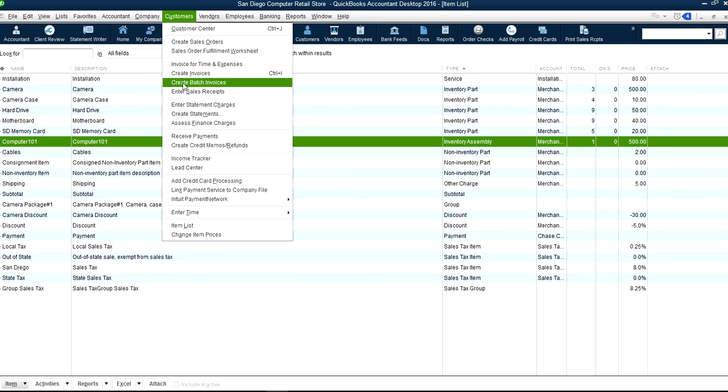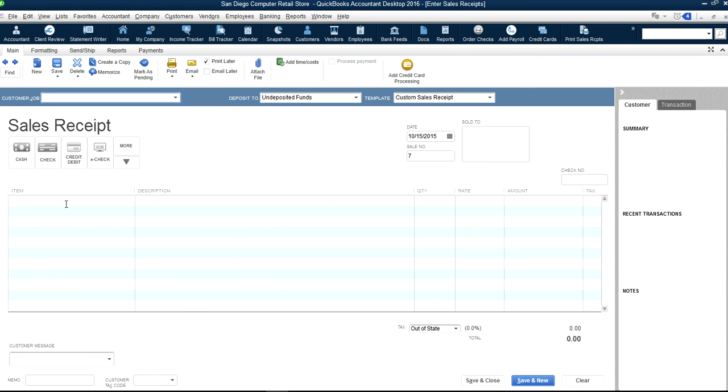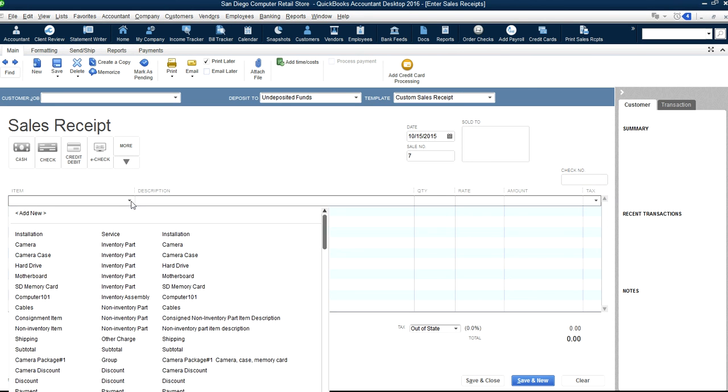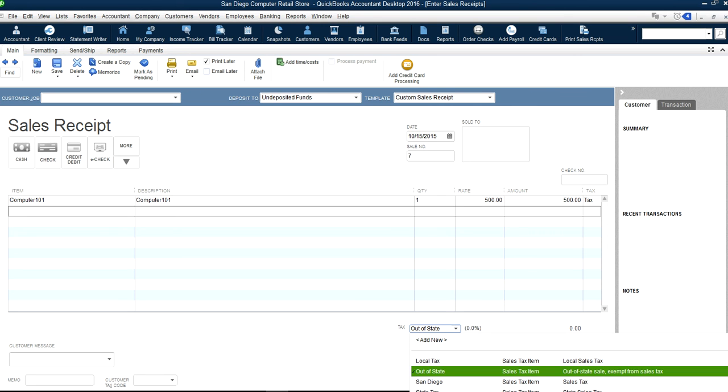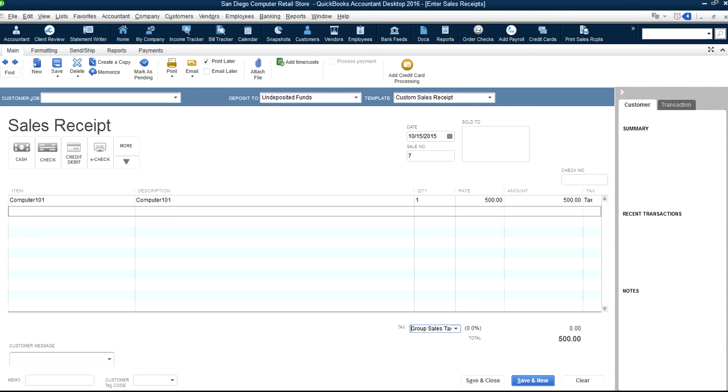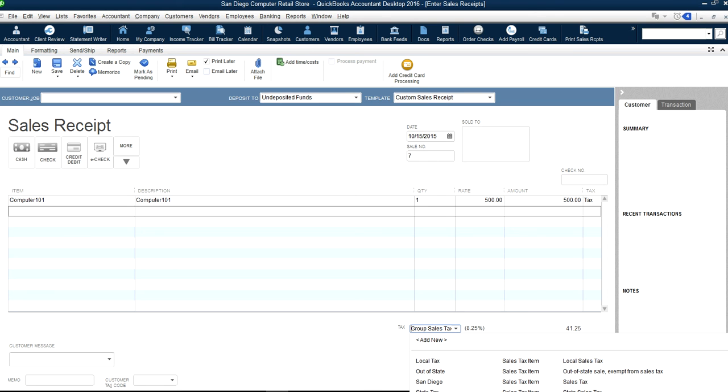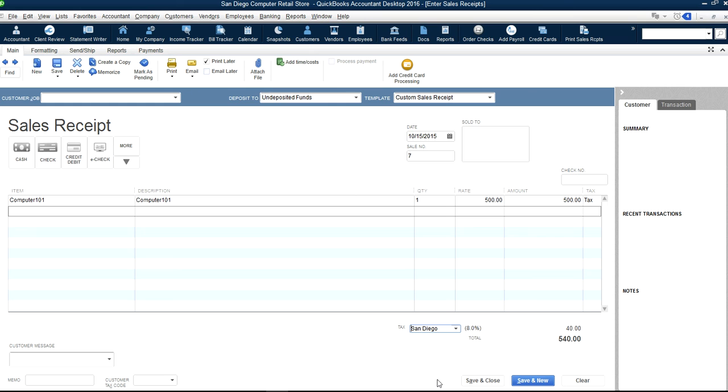So create sales receipt and select assembly part, assemble finished product, computer. Let's see, right here, there's computer 101, and the price is 100, and it's taxable. Select taxable in here, or if it's group, you can just select group 8.25%, or if it's just item 1, 8%,